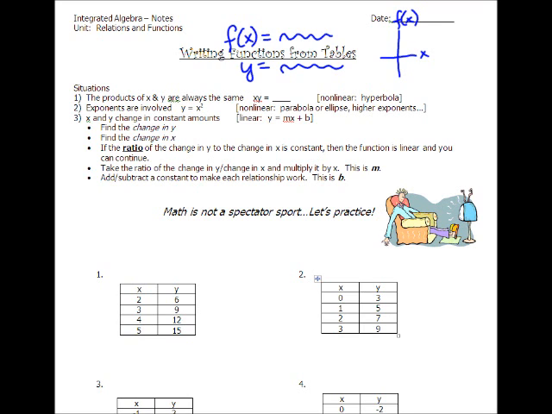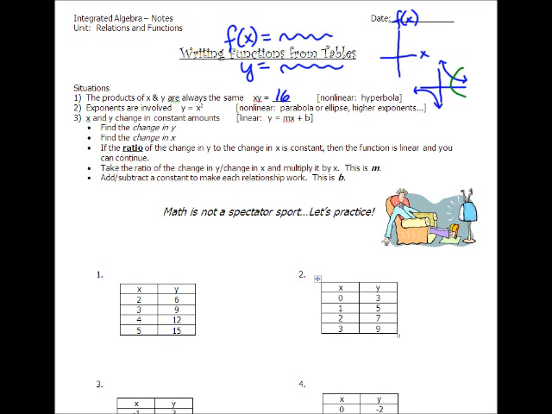You're going to have curves or you're going to have lines, basically. When you have situation 1 where the product of x and y are a constant, so you might have like xy equals 16, for instance, that is nonlinear. That is a hyperbola. And in that case, it's going to look something like this. You will be doing different hyperbolas in high school that may look something like this. Okay, but their equations are different than xy equals 16. In any case,